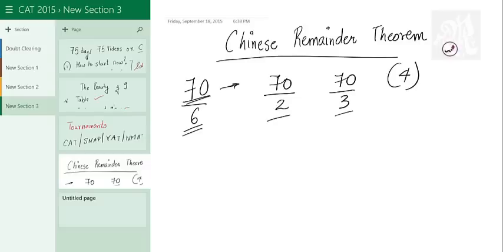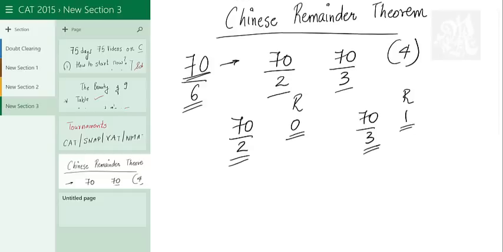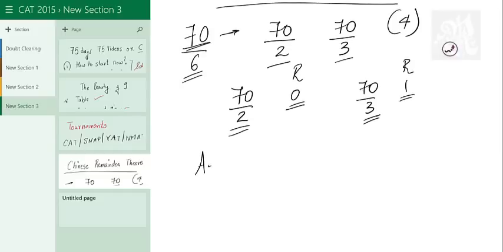So we split the denominators into 2 and 3, because 6 is 2 times 3. Now I'll find the remainder here. The remainder of 70 by 2 is 0. I'll find the remainder here, 70 by 3. The remainder is basically 7, which means 1. So I would say that when divided by 2 the remainder is 0, and when divided by 3 the remainder is 1, which means the actual remainder (AR) is a multiple of 2